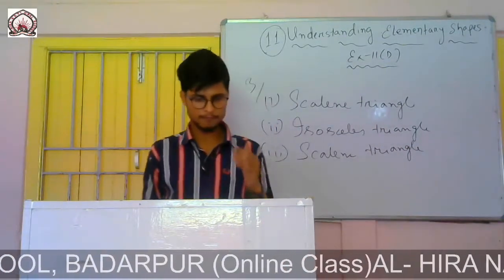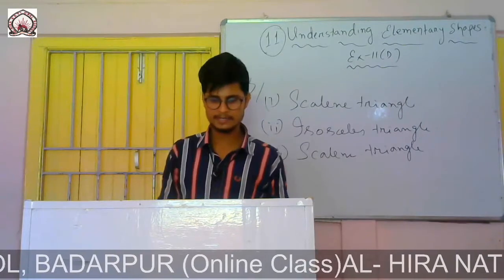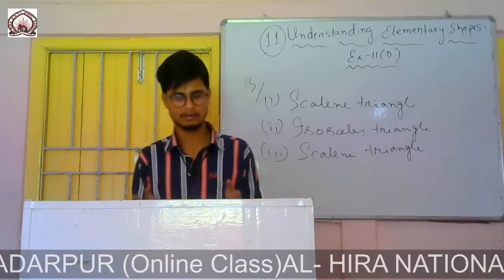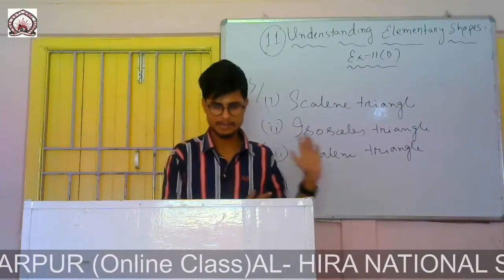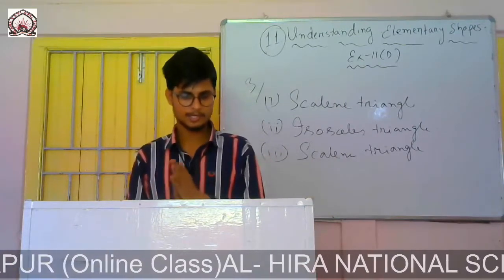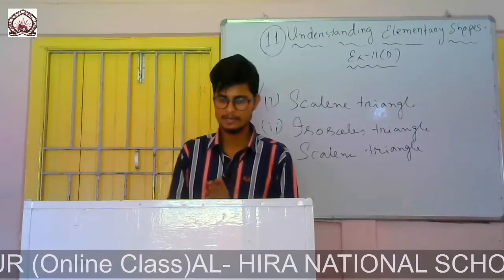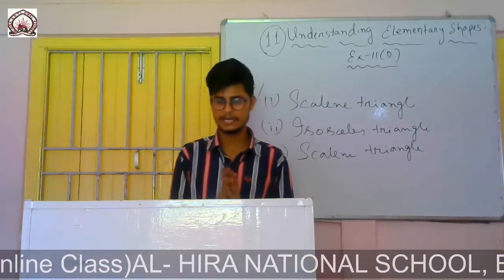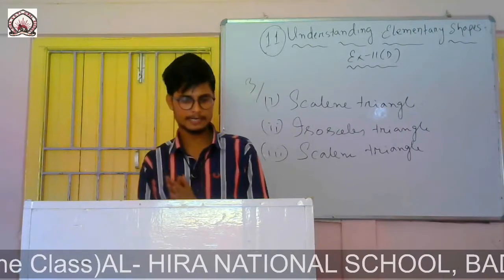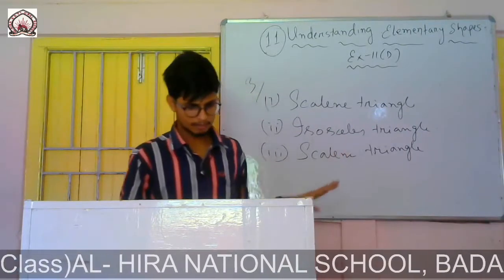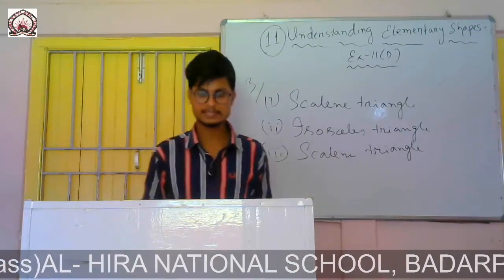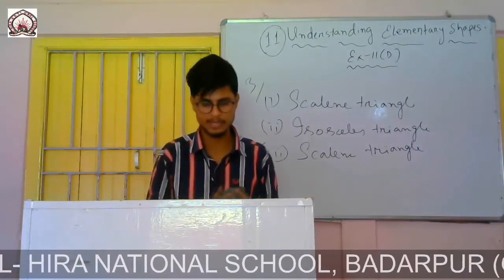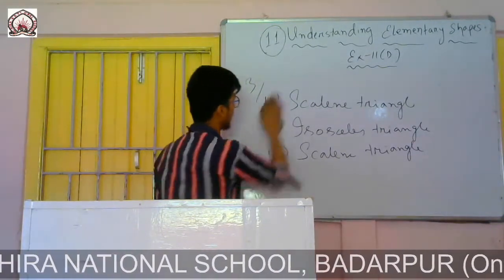Roman number 4, 5, and 6 you try. You see which one is equilateral, isosceles, or scalene, same like this one. Now question number 4: classify the triangles whose angles are measured in degrees as acute angle, obtuse angle, or right angle. Again, only the angles are given. You have to say which one is an acute angle triangle, which one is obtuse, and which one is a right angle triangle.